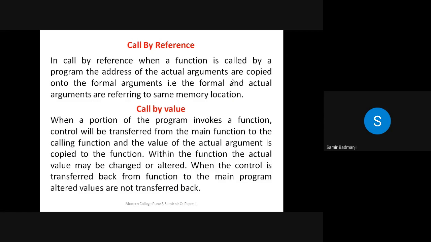Usually this question is asked in the oral exam: what do you mean by the difference between call by reference and